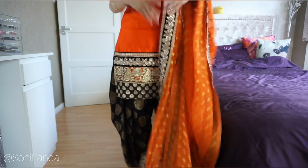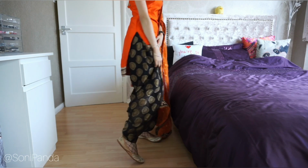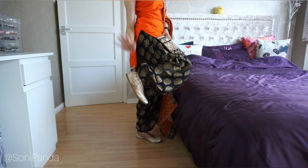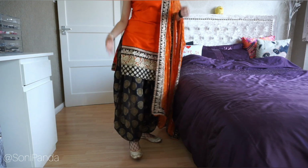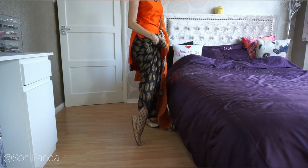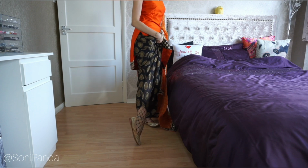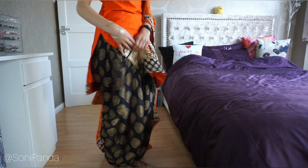And so what I've done is I've gone with black and orange, and I've paired up with some fishnets, and these are called mujje or mujris, which are also known as Indian shoes. And I've also paired up with some really nice medium-sized fishnets, just to create something quite funky, quite different. Let me see if I can show you guys up close, because